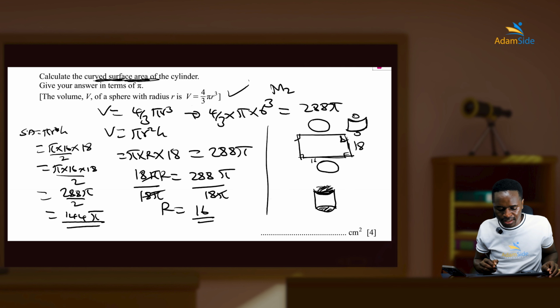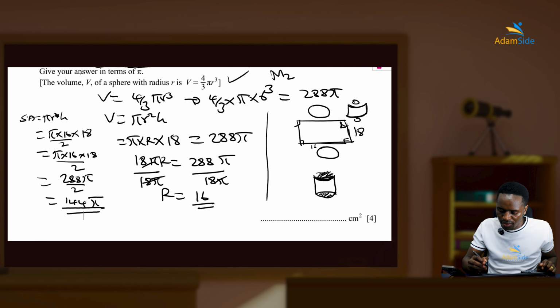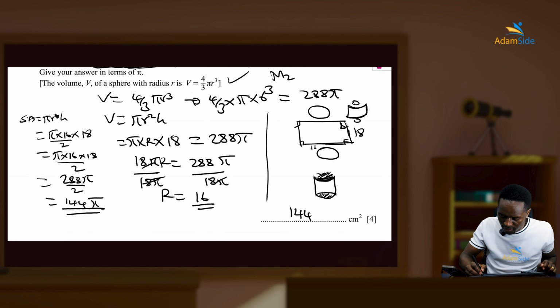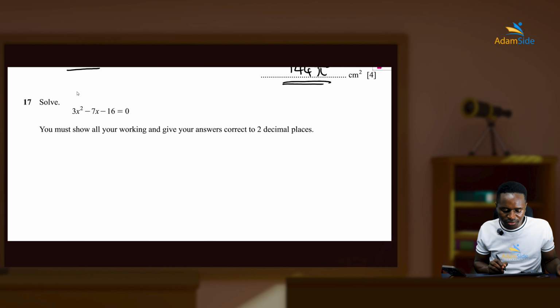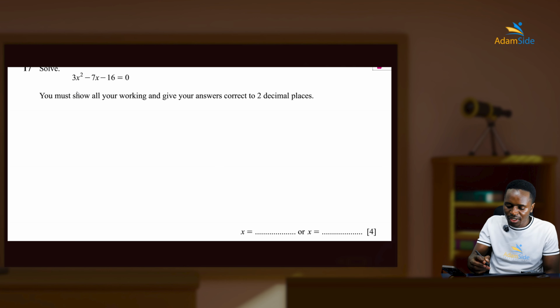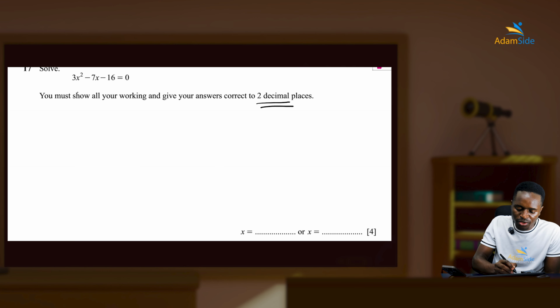That's it. So that's the answer. You say your answer is 144 pi square centimeter. Leave your answer in terms of pi. Solve. This is simple. Correct to 2 decimal places. It means you are going to use the quadratic formula. Normally there has been a change: for previous years you had to cram, but from 2025 onward